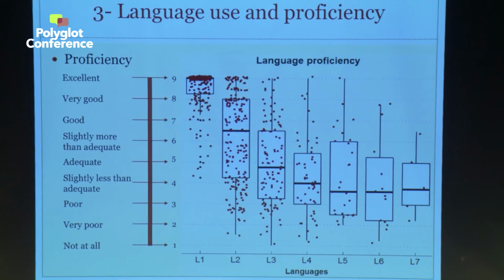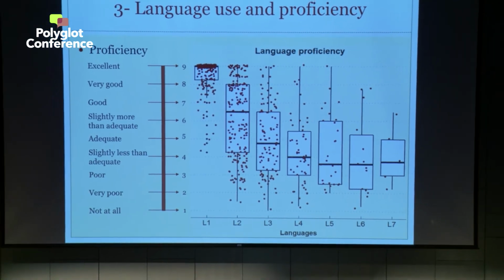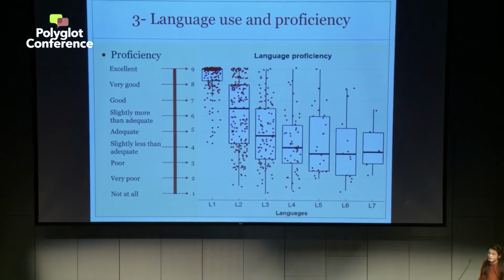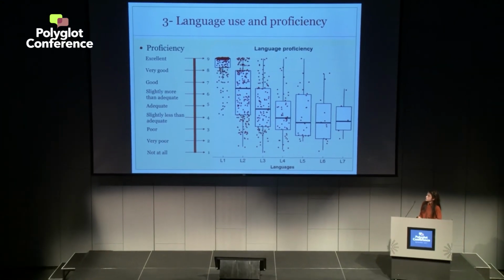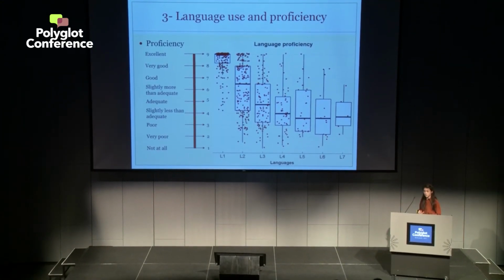And it's the same for the third language. So what we can see in this graph is that when they learn a second language or a third language, most of them can achieve quite a decent proficiency. And that is very interesting, especially when you put that next to the concern of the parents, that maybe if you put too many languages, they won't even be able to speak one. But this graph shows a completely different result.